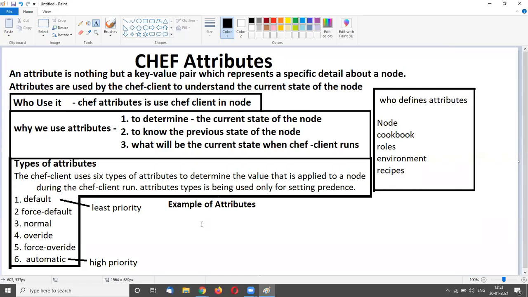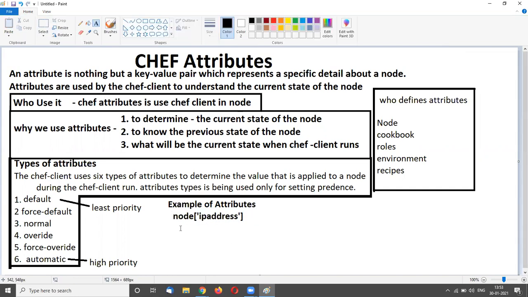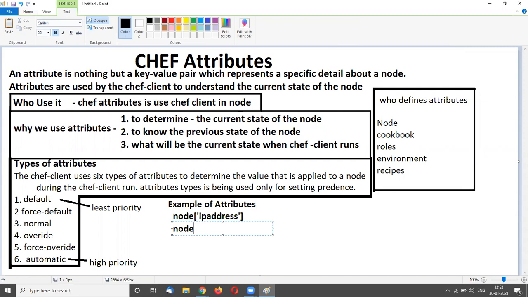So let's see some examples of attributes. We use this for IP address, to know the IP address of my node machine, and we can also use node bracket MAC address to know the MAC address of my machine.